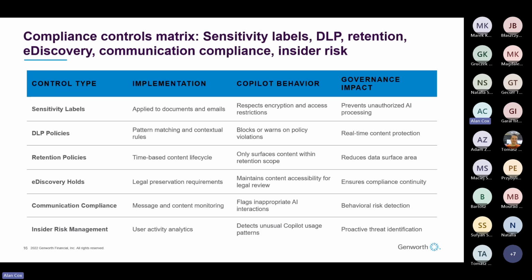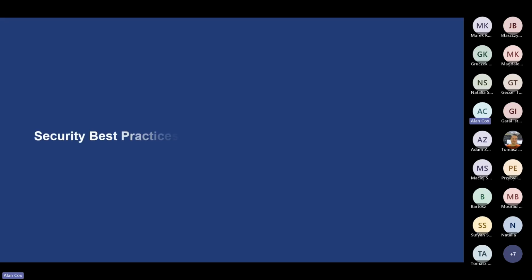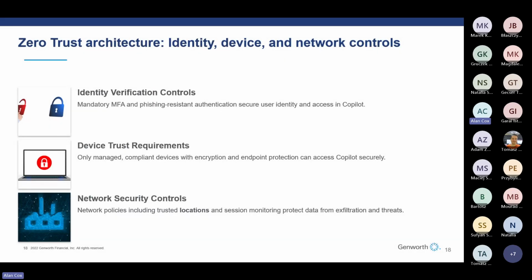So those are some of the areas within Purview I would strongly consider when we're talking Copilot. All right, so some of the conditional access implementation stuff, we'll get through some of this. So definitely want to verify some identity controls. I always believe you should do MFA and some phishing resistant authentication. But I would do MFA every single time somebody logs in, because